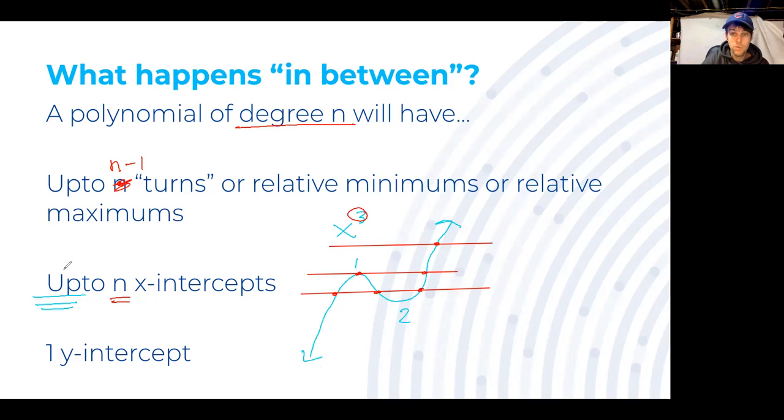There's always going to be at least 1 because of the way the graph is going up forever, down forever. There's nowhere the x-axis could fall where it would have less than 1 x-intercept. That's kind of interesting. That's actually true for all odd degree polynomials, because since it goes up and down, either way, down and up or up and down, no matter where the x-axis falls, it's going to hit at least